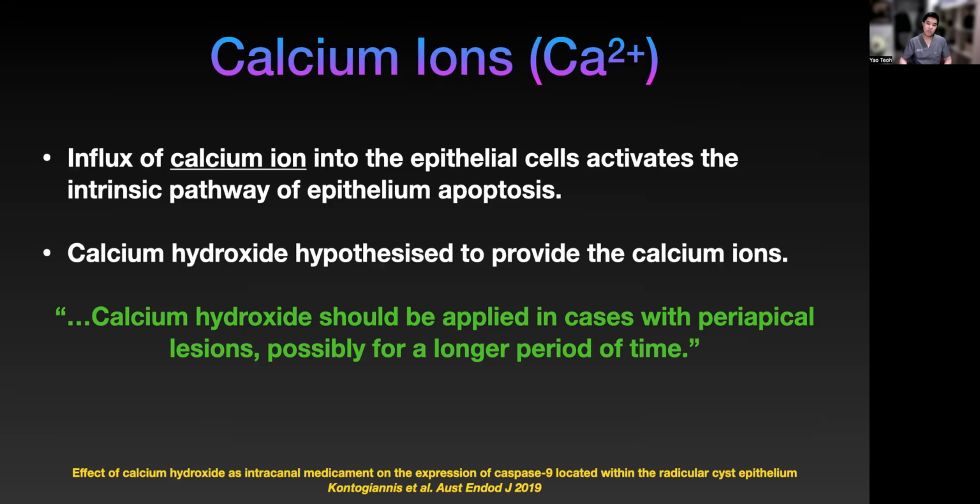So there are times with very, very large lesions, I do try to medicate it for a slightly longer period of time, maybe 3 or 6 months, and potentially, you provide a very hostile environment for bacteria to grow. It gives us time to track to see if the lesion changes in size. But there are some thoughts that the calcium ion as well can play a significant role in the breakdown of